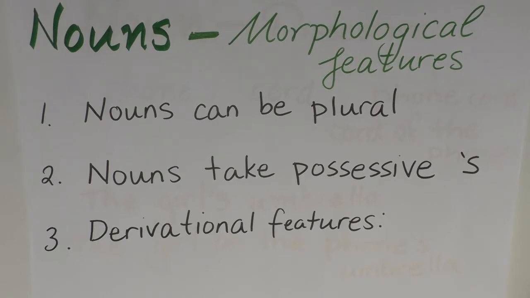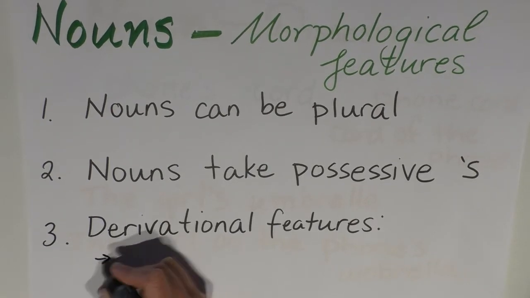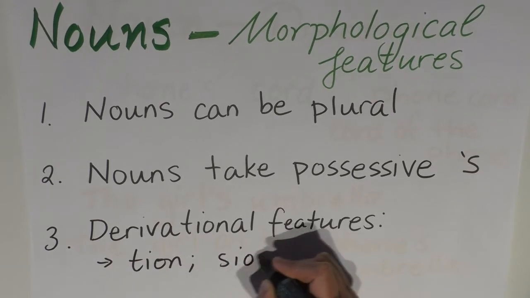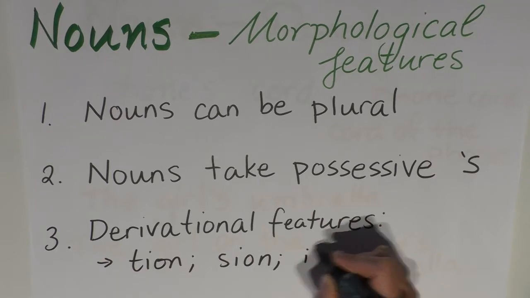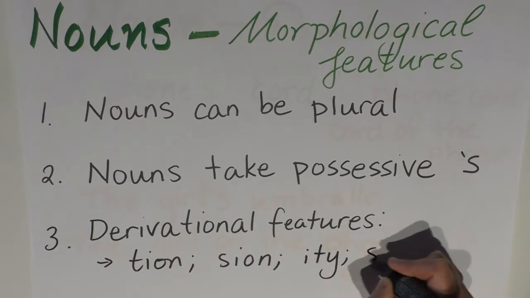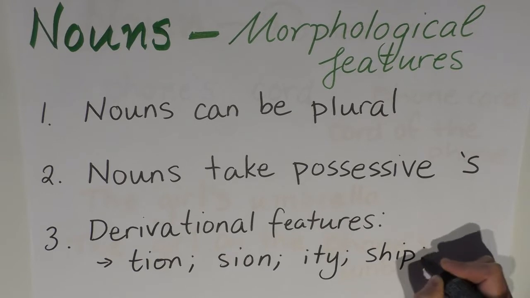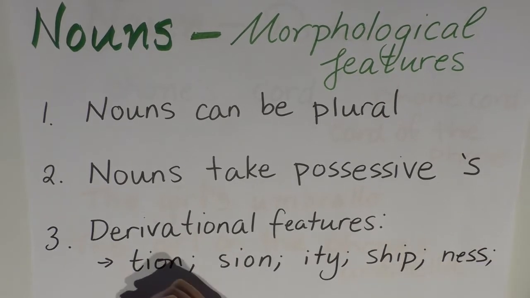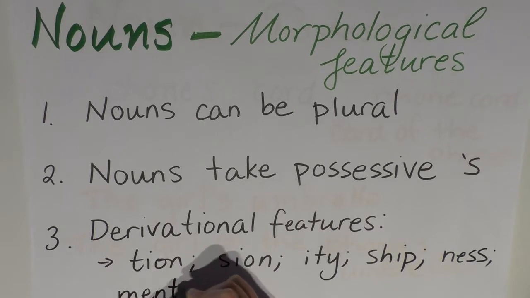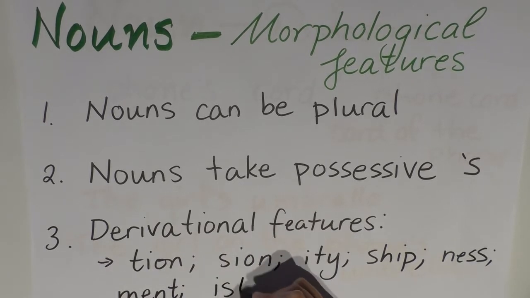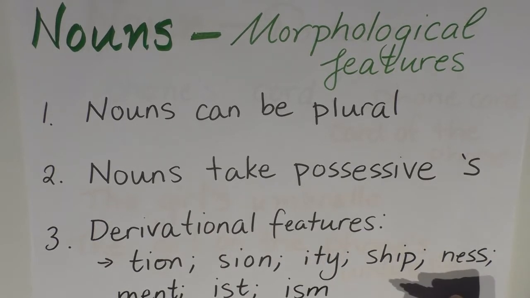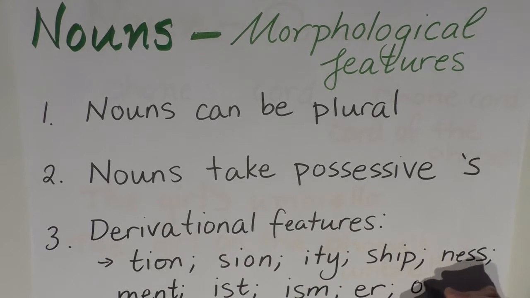Now, examples of derivational features are endings such as shun, itty, ship, such as friendship, ness, kindness, ment, argument, ist, environmentalist, ism,